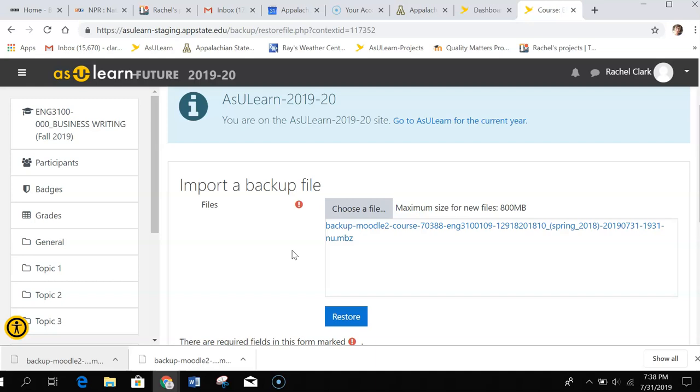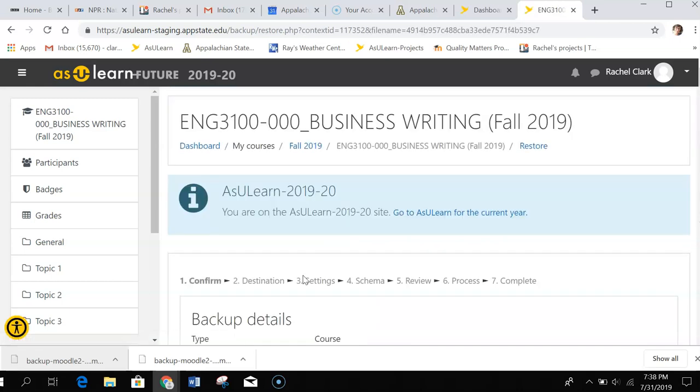Okay, as you can see, the drag and drop is now completed, and the way that I know that is when I run my cursor over it, it does underline it like it wants to click on it into a link. It's turned blue, so it's ready to restore. Once it does that, I can click the restore. Give it just a second. For my machine, that took about 6 minutes, so you just need to be a little bit patient with that